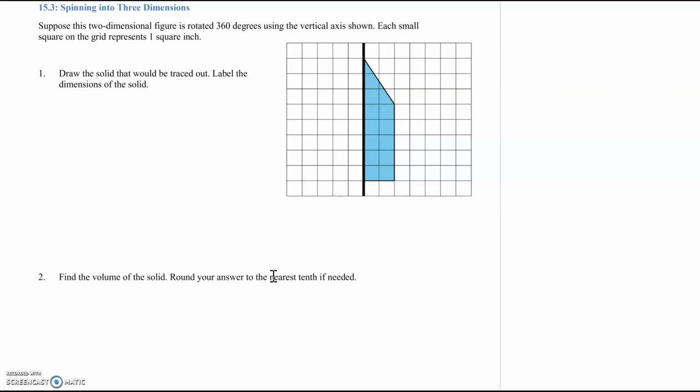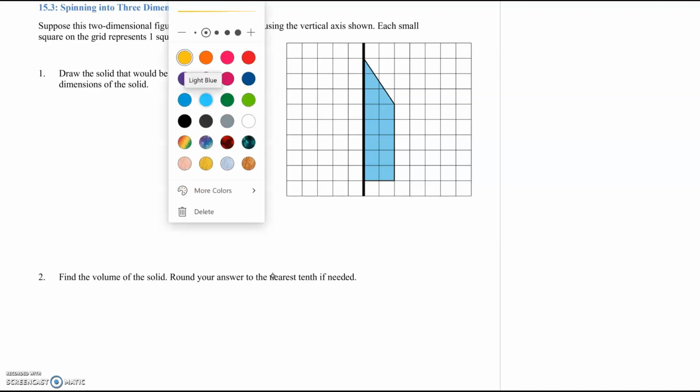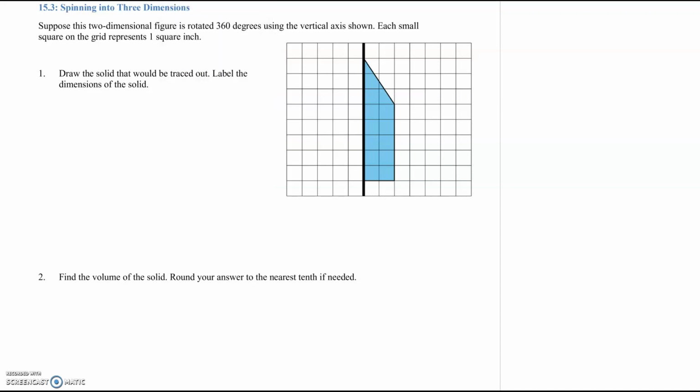Now, I am going to cheat, so watch what I do because it's really hard to draw these freehand. So I'm going to go ahead and use the grid that I have. So I'm going to first change to black ink. Okay, and I know when that piece is rotated, it's going to come over to here, and then that side will go like this, and then this will go across kind of like that. Okay, so I know this is kind of what it's going to look like, but I need to add some